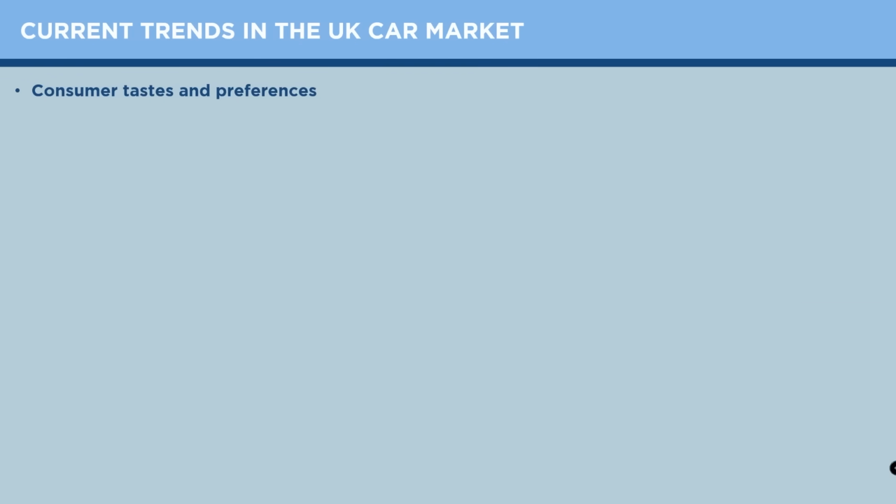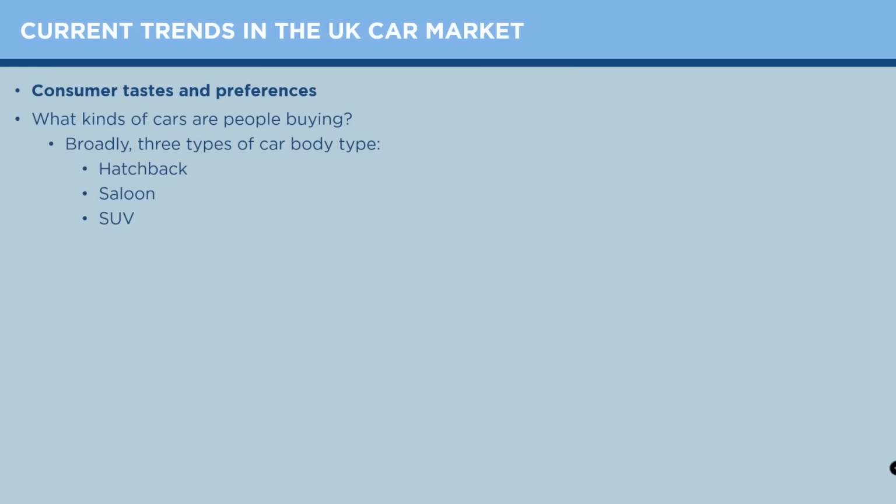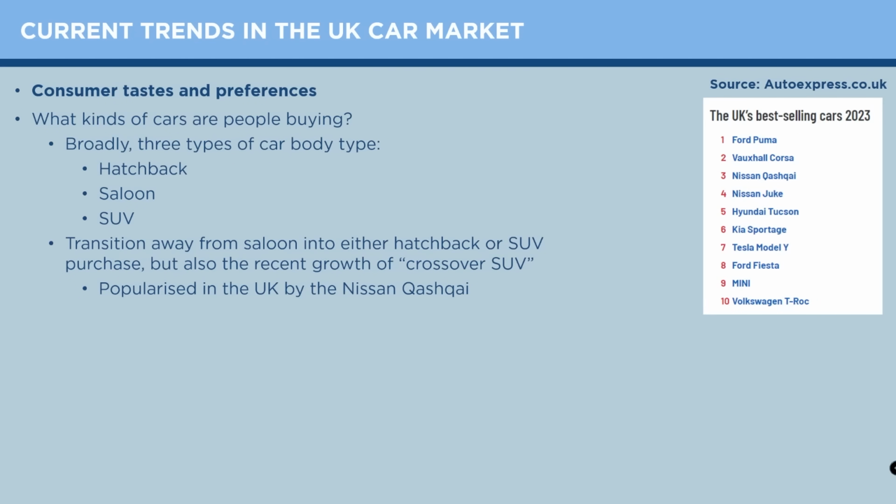There are some other parts to taste and preferences as well, such as what kinds of car people buy. Broadly, and there are more than this, but broadly you've got 3 popular types of car body type. You've got the hatchback, which are the smaller cars where the boot is on a hatch, so the whole back panel of the car lifts up. You've got a saloon car, which has more of a sticky out back, and you've got the SUV. What we've seen in the last maybe 20 years is the saloon cars have become less and less popular, and people have either gone for the small hatchback or